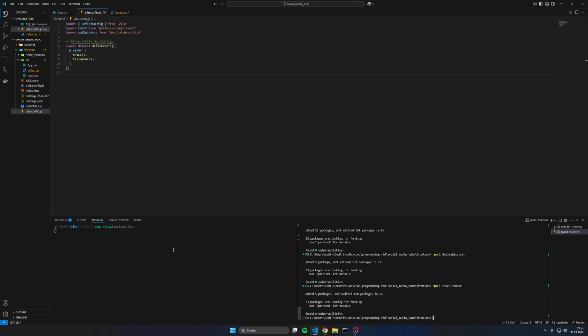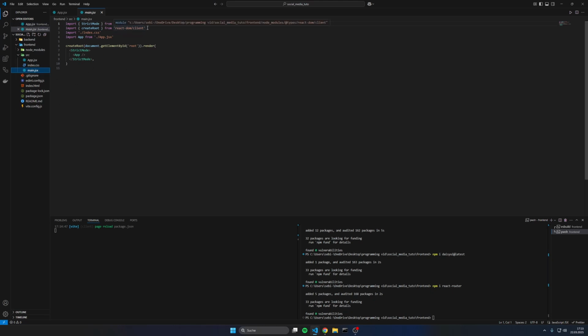First of all, we have to go to the main.jsx file and import the React DOM and the BrowserRouter component from react-dom/client and React Router. So instead of this createRoot, we are importing ReactDOM as a default export, and then